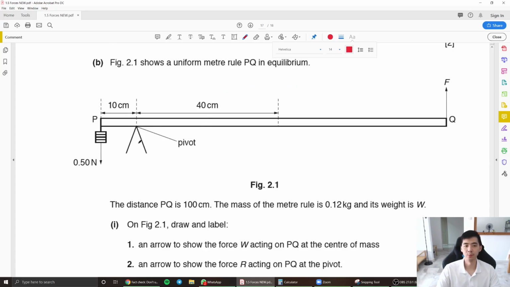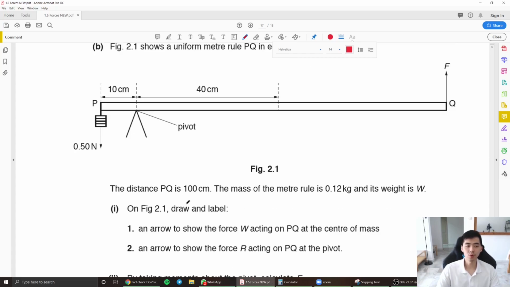In equilibrium with pivot is basically going to test you on moments in equilibrium. The distance PQ is 100 cm. The mass of the meter ruler is 0.12 kg, meaning to say at the middle here is 0.12 kg. Change that into newtons, will be 1.2 newtons. And the weight is W,